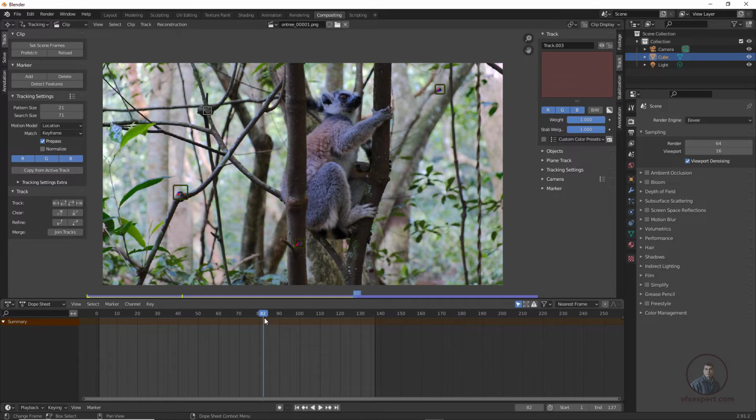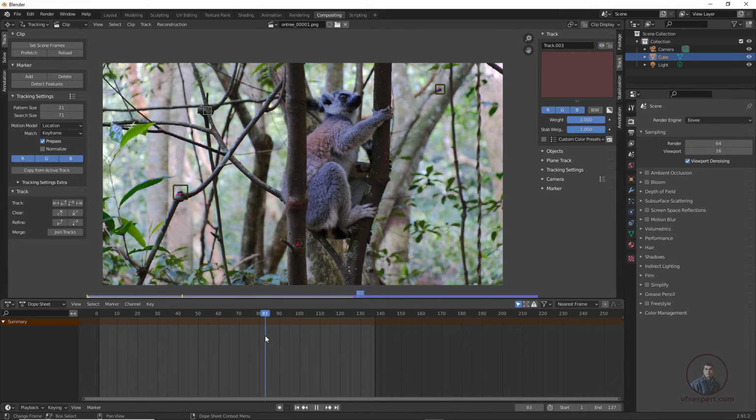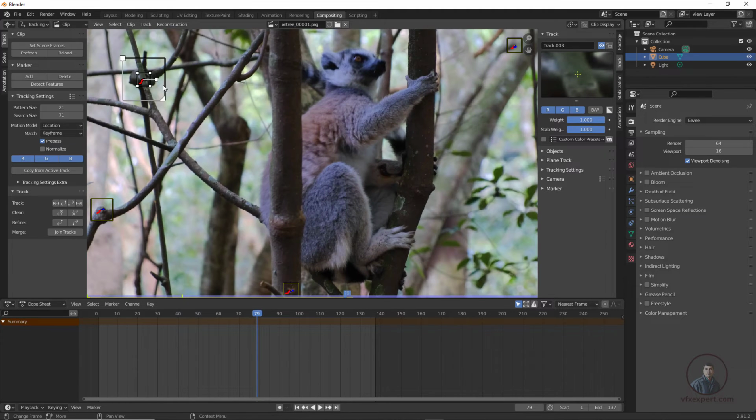So this has already stopped here, because this is moving here. So again place the CTI here, and suppose you want to clear some keyframes which are not accurate, then you can simply use this clear forward option. So now here it is cleared. Now again press S. Let me scale it here. Now again track forward here.